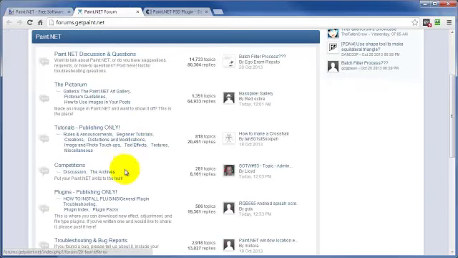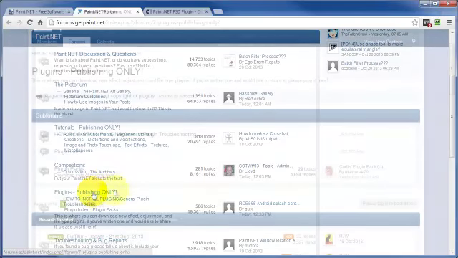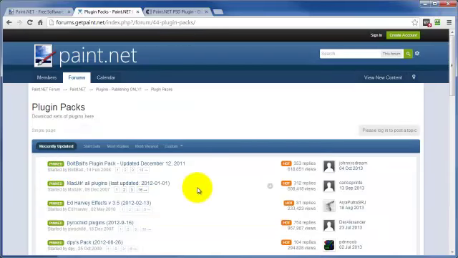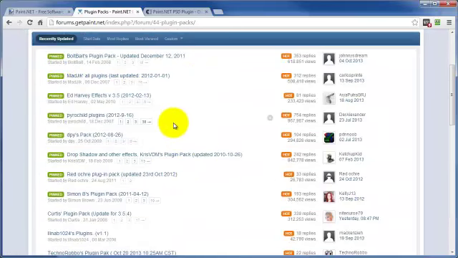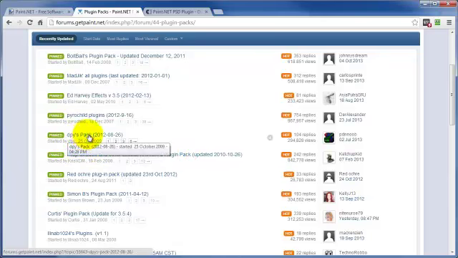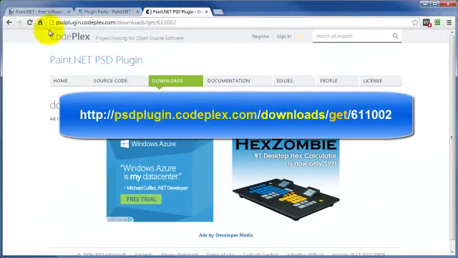Scroll on down just a little bit until you come to Plugins Publishing Only. Just click on that. And you can check out the plugin index. It lists a ton of plugins, probably several hundred, but this is the guy here that we're going to be checking into. Go ahead and click on Plugin Packs. And while there are several hundred, possibly even close to 1,000 different plugins, the ones that I'm going to be checking out and have already downloaded are the Drop Shadow and Other Effects, DP Wise Pack, and this one from